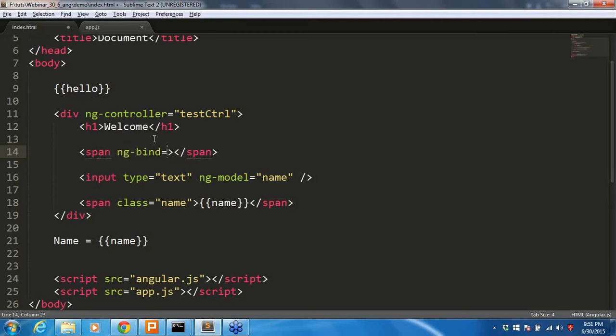Using ng bind, if you pass any scope variable name, it will take this name, compile it, and keep it inside this span. But if I want to access that variable in any other input controls, that is a select box, input box or radio button, over there if you want to access the scope variable, we will be using ng model.